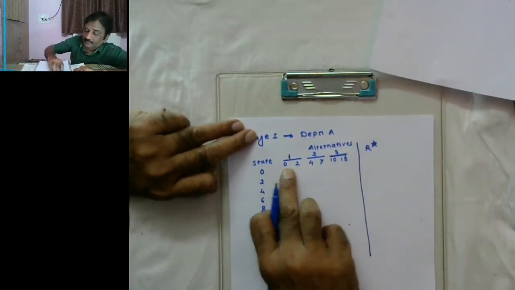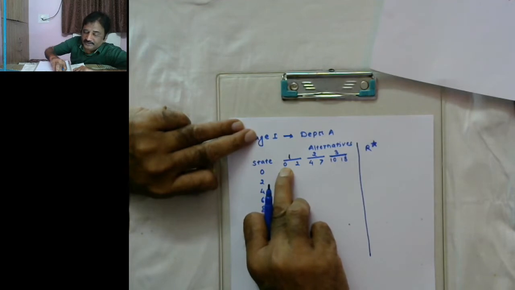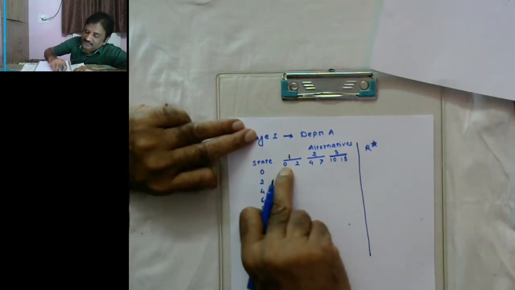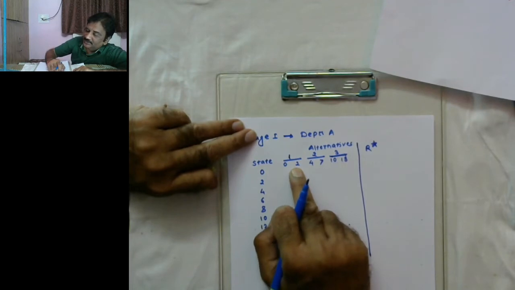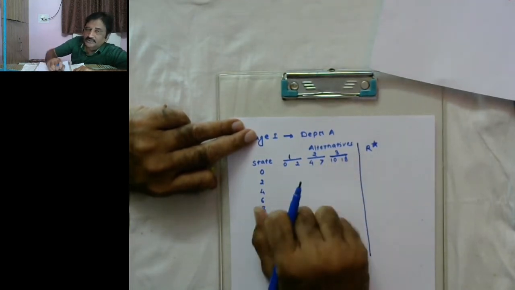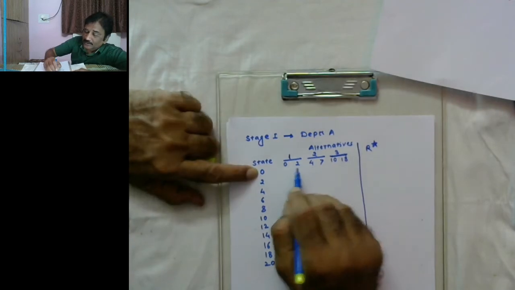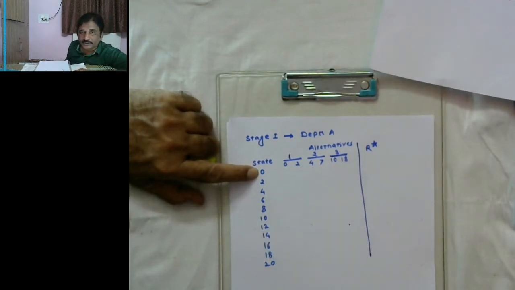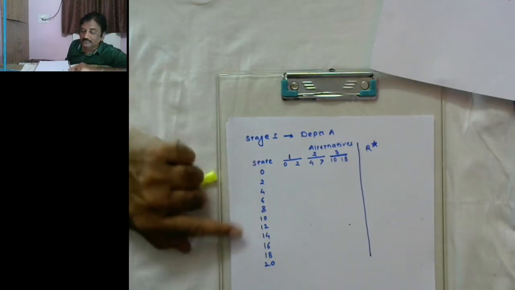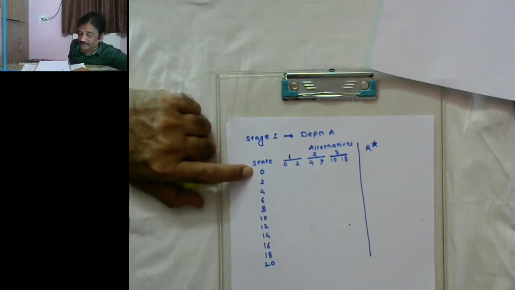Okay. So the first figure, this should be our understanding that the first figure in the alternative stands for the investment and second figure stands for the return in all the alternatives. Now, you just think that you have 0 crore rupees. Finally you have to distribute 20 crore amongst all the departments, but you won't be taking all that amount all at once. You will be trying various alternatives of the limits of constraint under the column state. State is the assumed limit of the constraint, right?